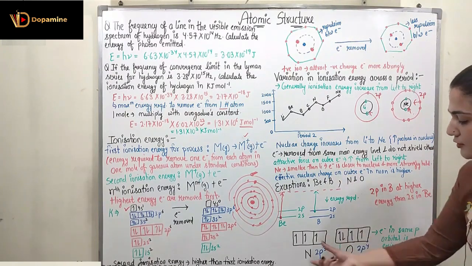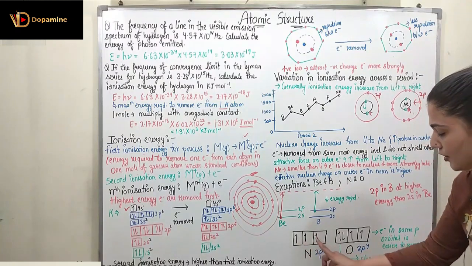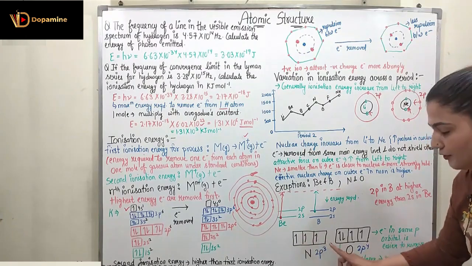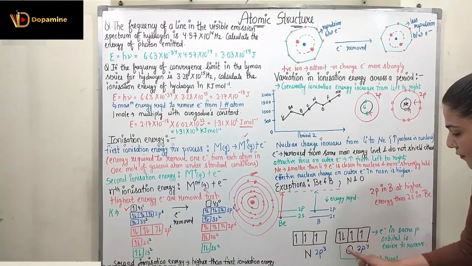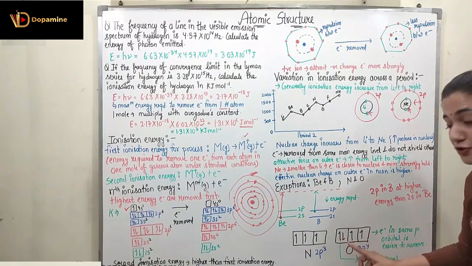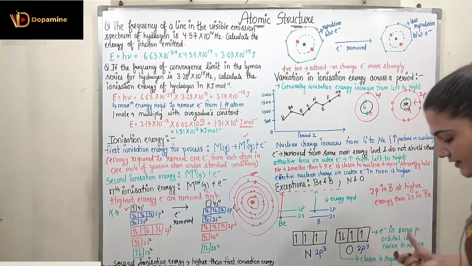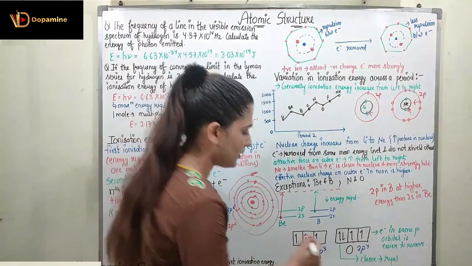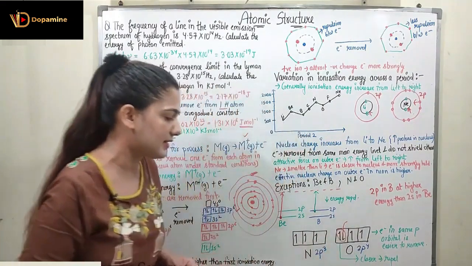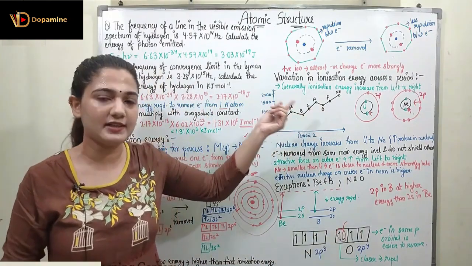In nitrogen and oxygen, you can see the 2p energy level is filled like this. All of the electrons of the same spin are there in different orbitals, right? Here you can see we have the two electrons which are closer, which are going to repel each other. So, right, an electron in a paired p orbital is easier to remove, right? So these two electrons will repel each other. We can remove this electron very easily. So in this manner, the oxygen is having lesser ionization energy than the nitrogen.